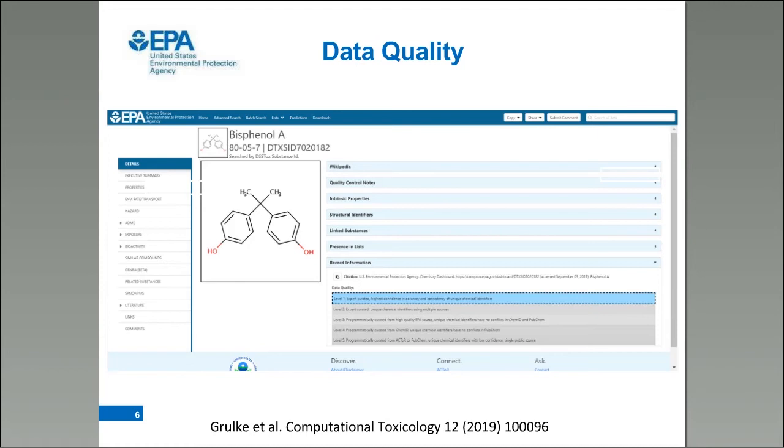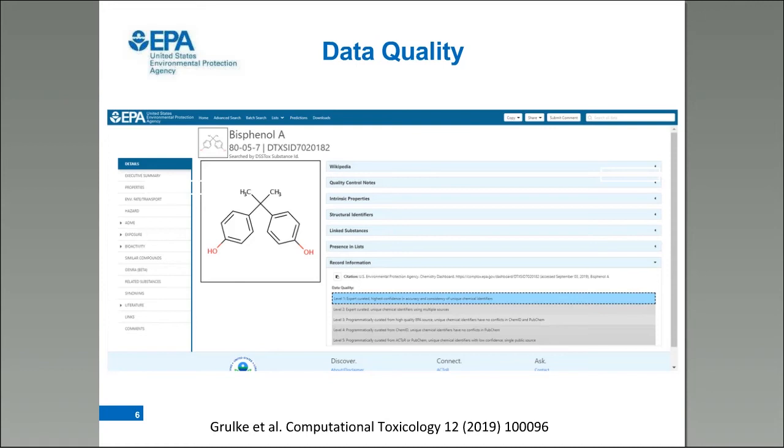The reference at the bottom of this slide is to the paper about how we have been controlling the quality of the chemical identification and structure association. As many of you may know, there are times when CAS numbers are either not accurate, or they're discontinued, or they're for multiple chemicals. It's not clear based on the chemical name. So what we have done with this DSSTox effort, the effort to control the quality of that structure association